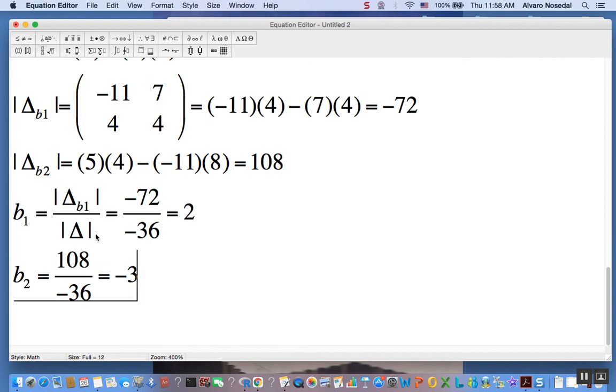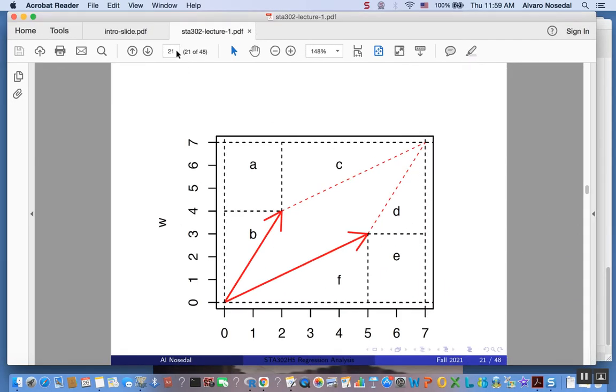So what that means is that one or more of the vectors is a linear combination of another vector. Okay? Make sense? For instance, I think that I have an example here. Let me show it to you. I think if I remember correctly,